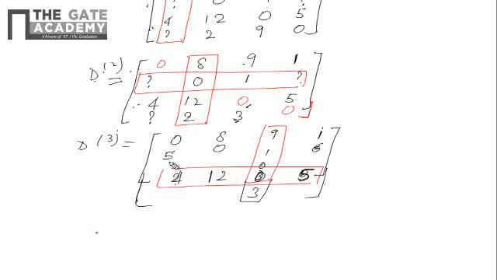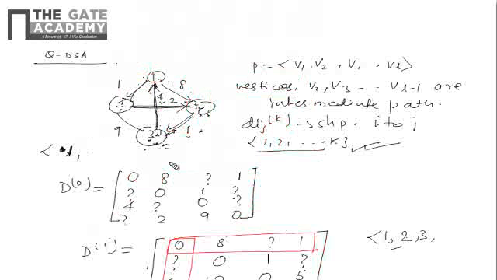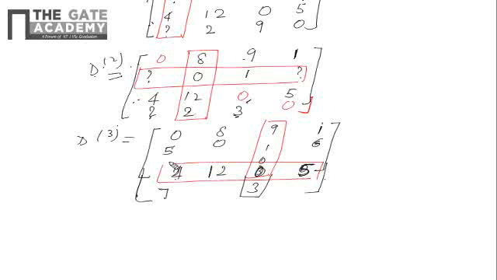Now the fourth row, from 4 to 1. From 3 you can go, right? 2 plus 1 plus 4 means 2 plus 1 is 3, 3 plus 4 is 7. So 7 will come here, 2 will come here, and 0. So this is the third one. Now in the fourth one, the fourth row and fourth column will remain as it is. So it will be 1 6 5 and 0, and then it will be 7 2 3.